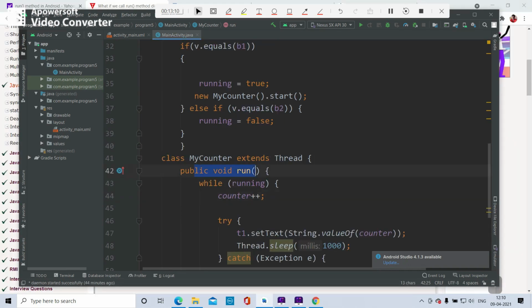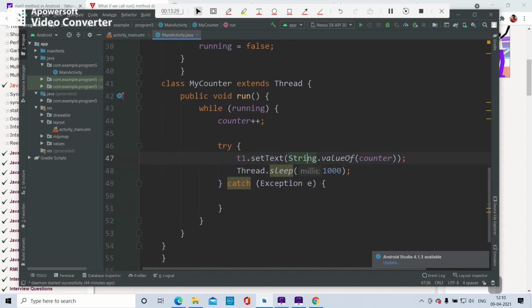Public void run is the run method of the main thread. Therefore here inside the class MyCounter, the run method of the main thread is running, which increments the counter and displays the counter value after 1 second.